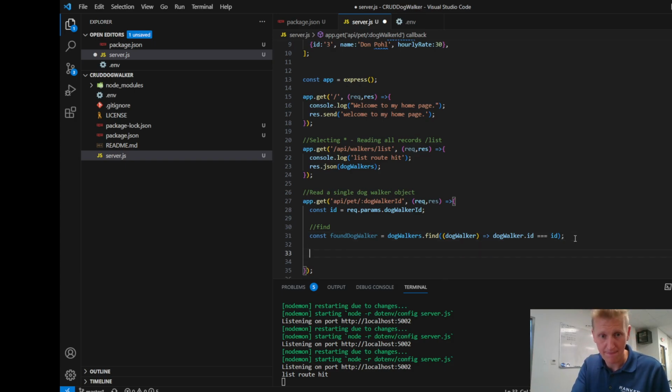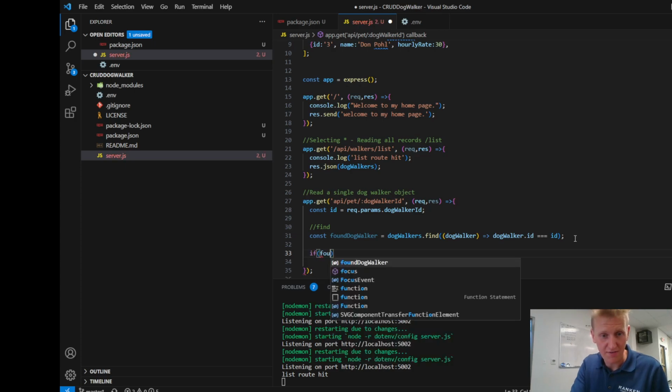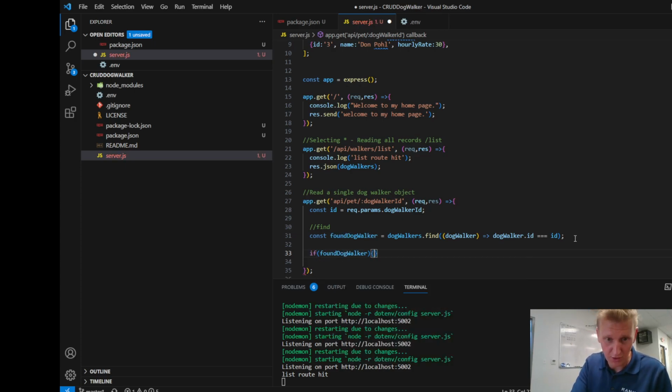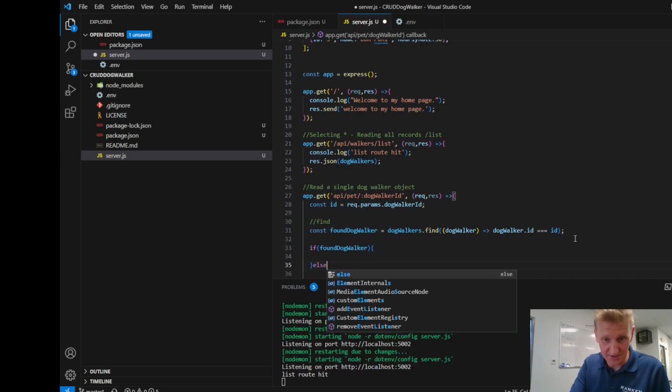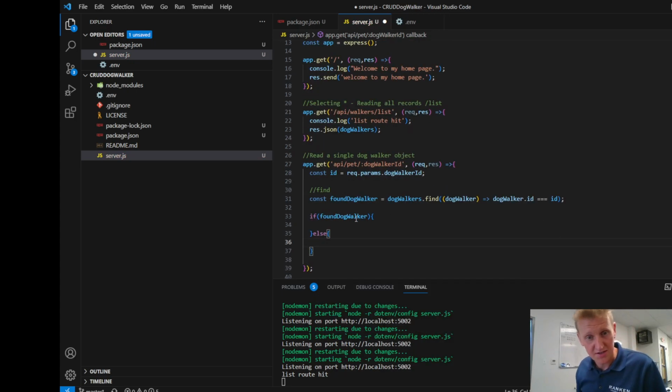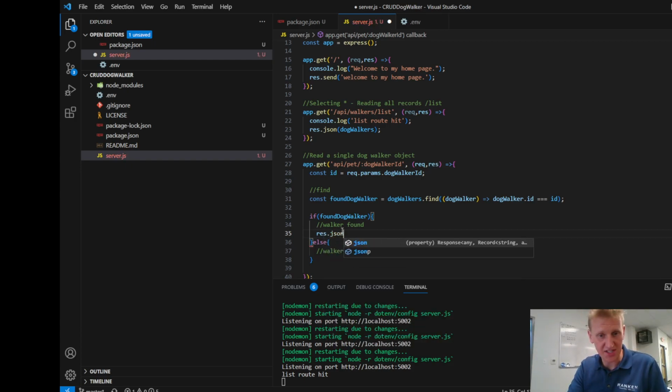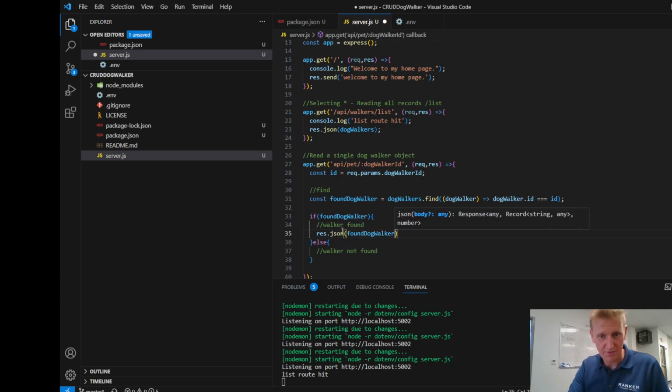We could say again, if foundDogWalker is truthy, we do one thing, else we do something else. Walker not found, walker found. In res.json, foundDogWalker. So we send the object back, and here we'll say